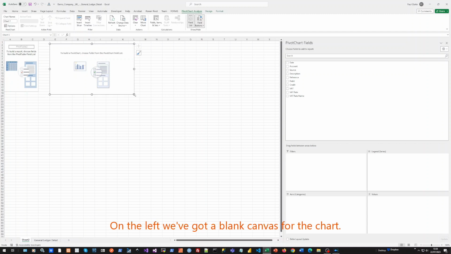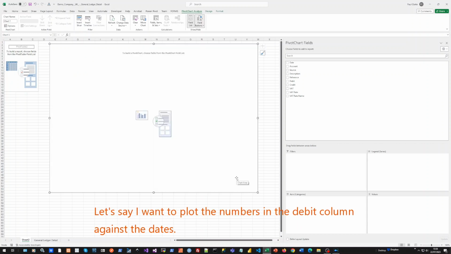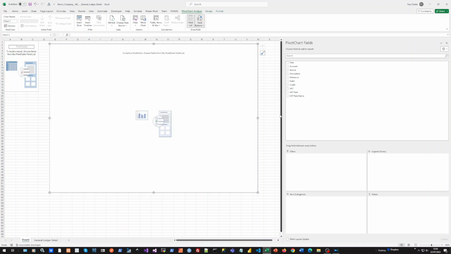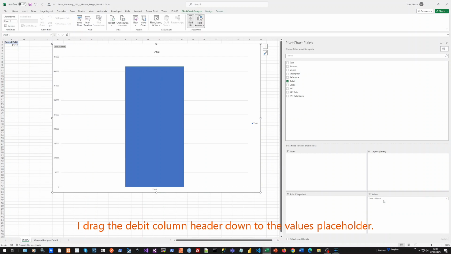On the left, we've got a blank canvas, which I'll make larger to contain the chart. Now let's say I want to plot the numbers in the debit column against the date column, for example. To do this, I can click on my debit column header in the frame at the top right, and then drag it down to the values placeholder at the bottom right, and you'll see that it's now provided us